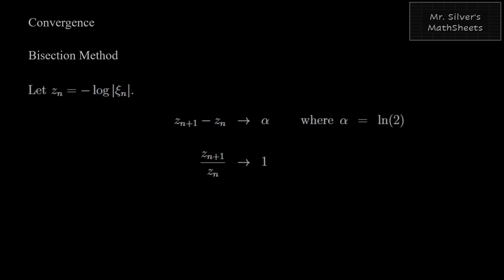And the pattern is that the ratio of the errors is approaching 1, it's linear convergence, and the log of xi of n plus k is equal to k times alpha plus the log of xi of n, just like with the fixed point iteration method. Now with Newton-Raphson method,